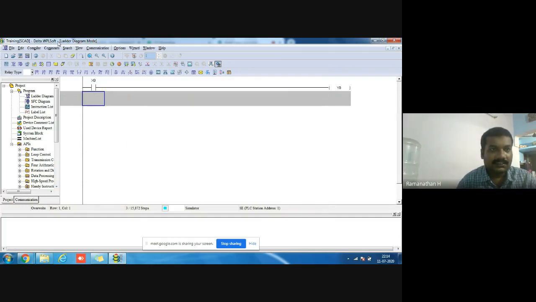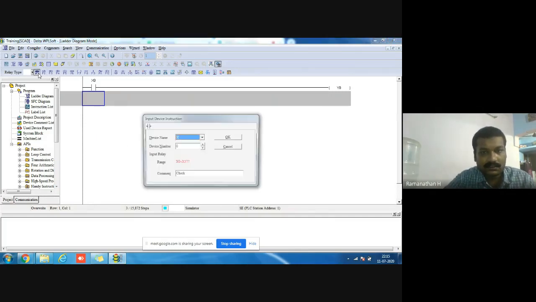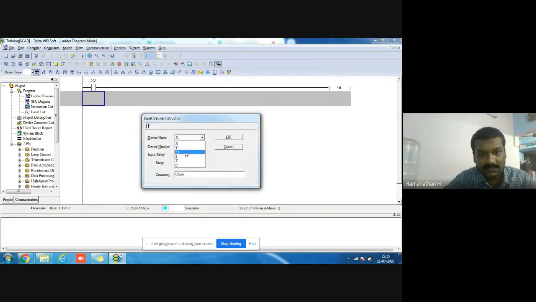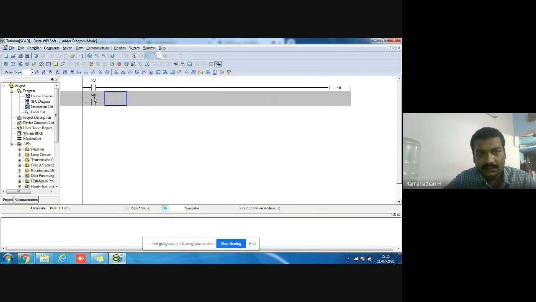In this WPS software, inputs are under the name of X and outputs are under the name of Y. A dummy coil is also called a memory coil, which is called M. These are the memory coils.